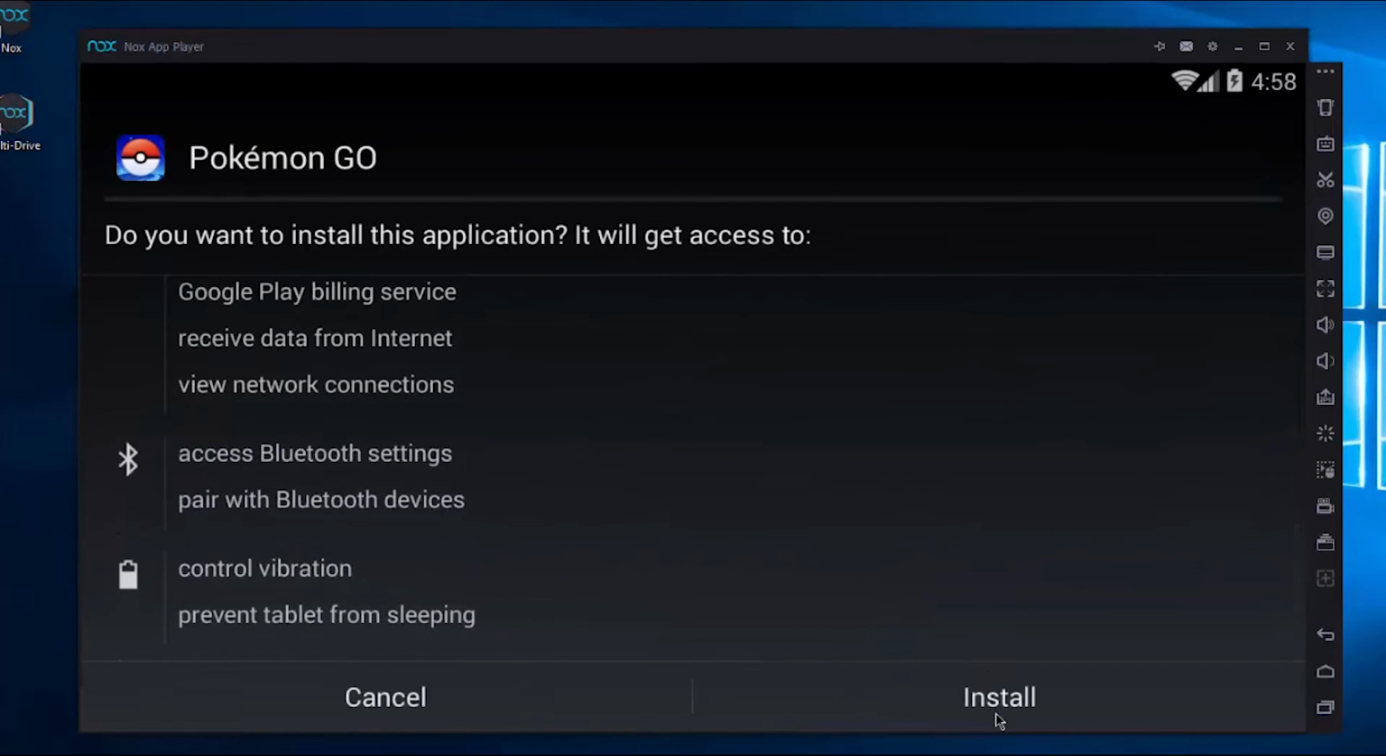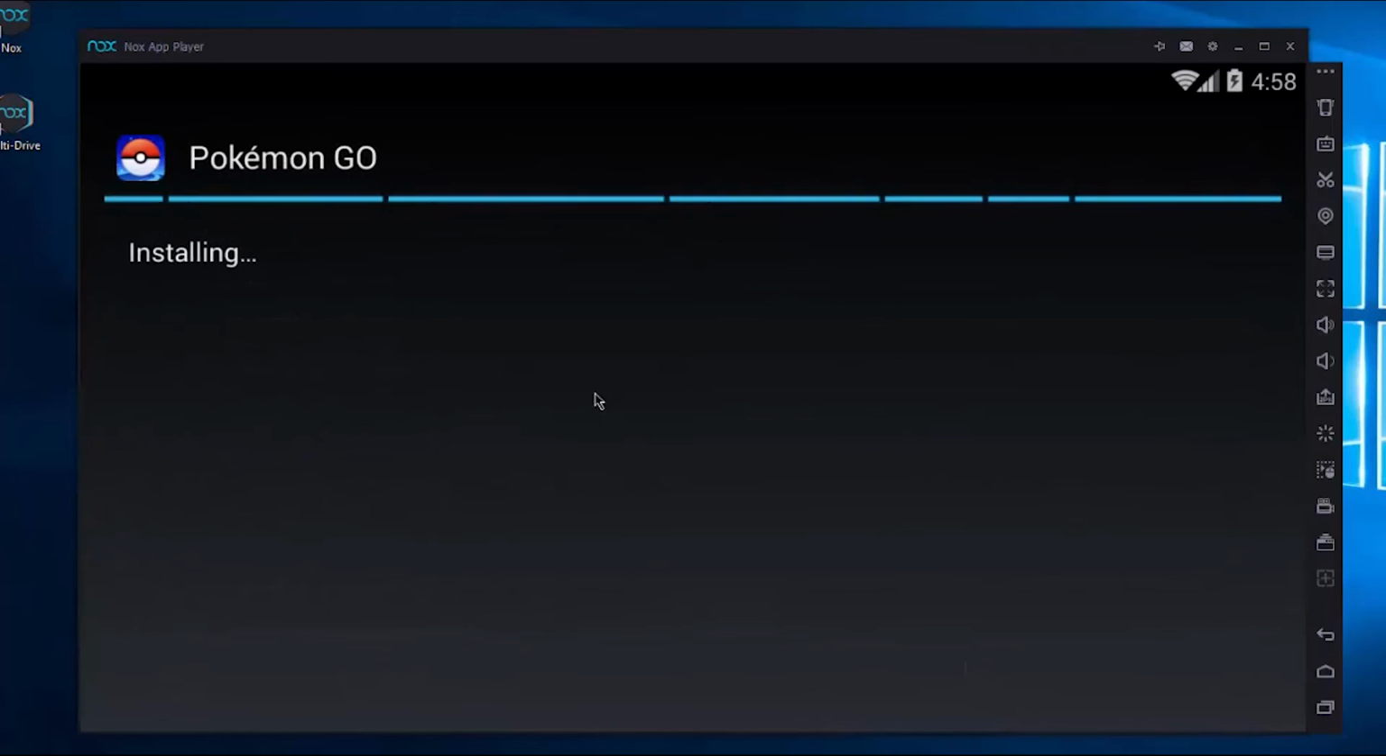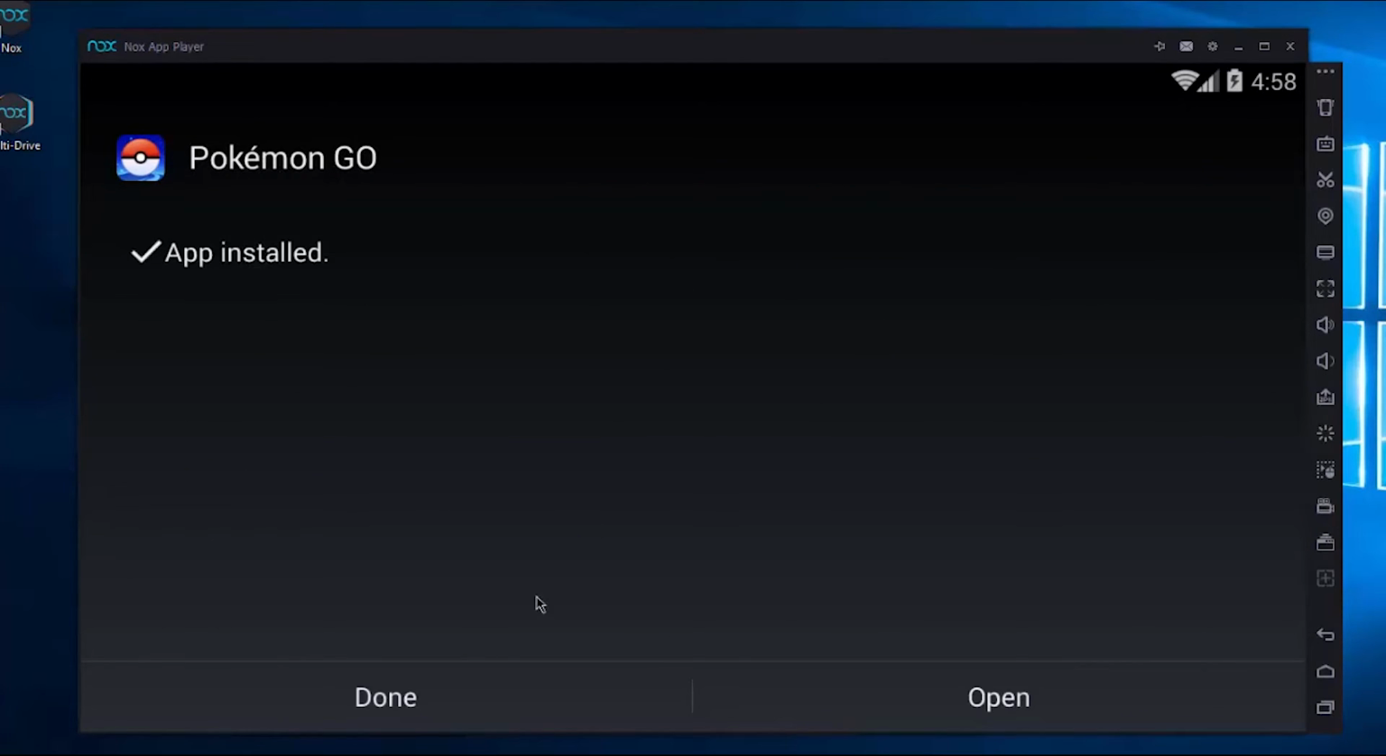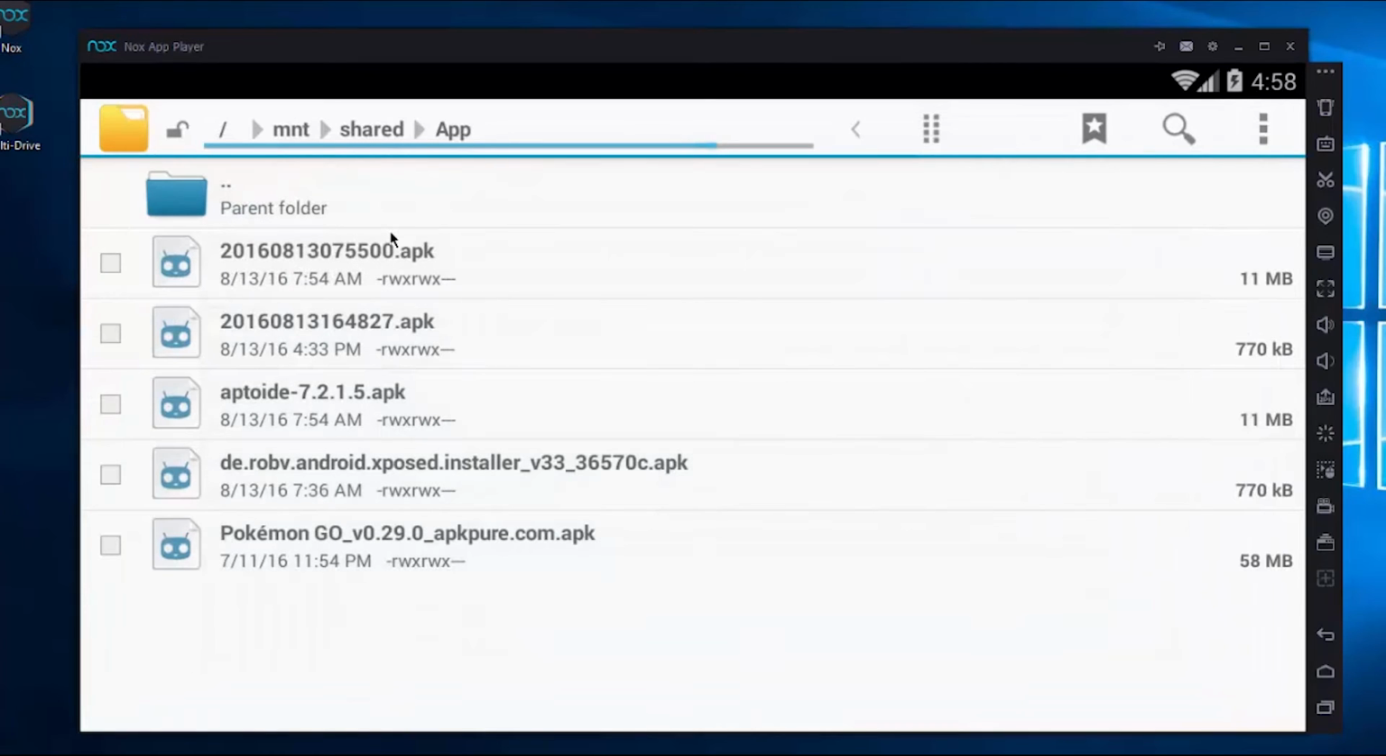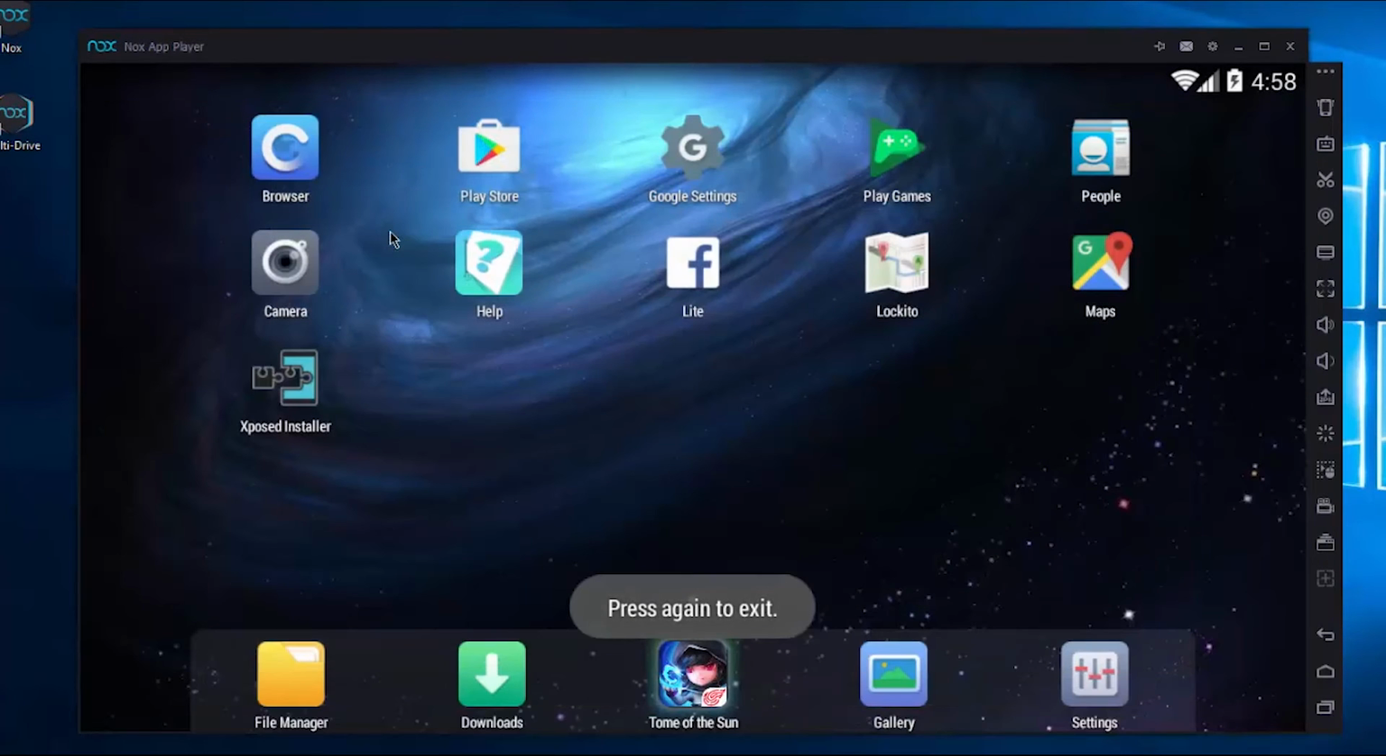So we're just waiting for that to load at the moment. And again, scroll down and click install. Okay, so we're just going to wait for that to install. Okay, so that's done. So what we need to do one final time, just exit out of there, is click